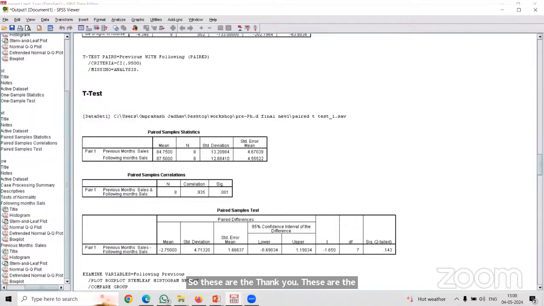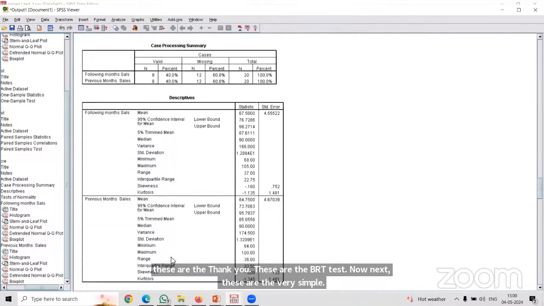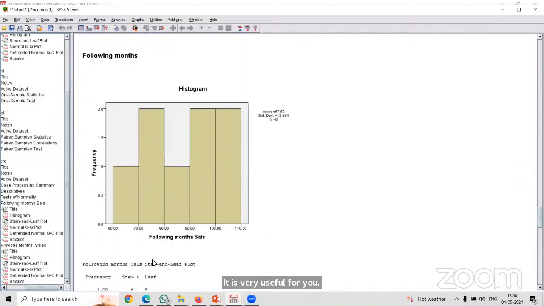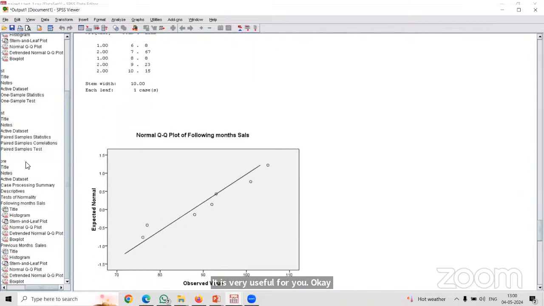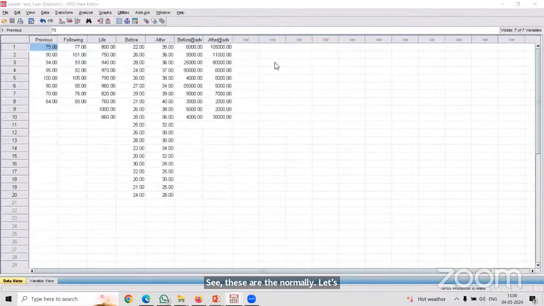Now next, this is very simple. It is very useful for you. Okay, see, this is the normality. Similarly, we have this type of data of